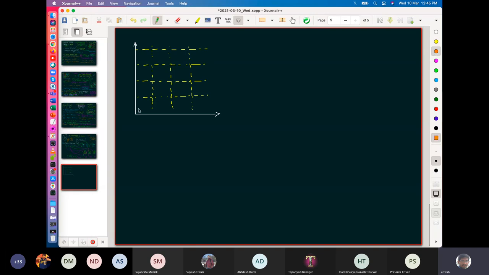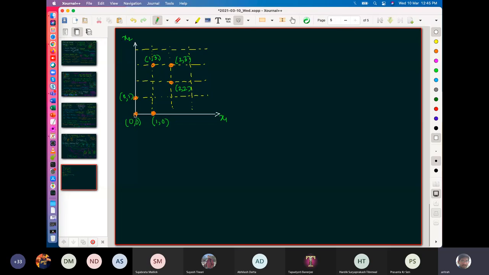Suppose I have 6 points. Let's say one is here, one is here, one is here, and maybe another one is here, here, and here. So if I label the points, this is 0, 0 as per my x1 and x2 dimensions. This is 1, 0. This is 0, 1. This is 2, 2. This is 2, 3. And this is 1, 3.